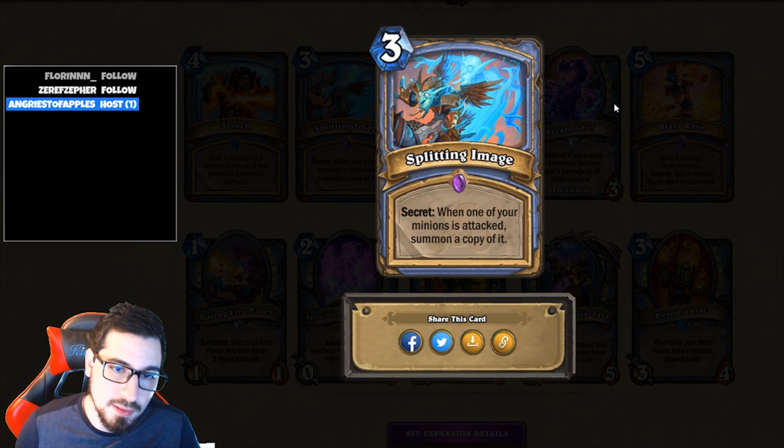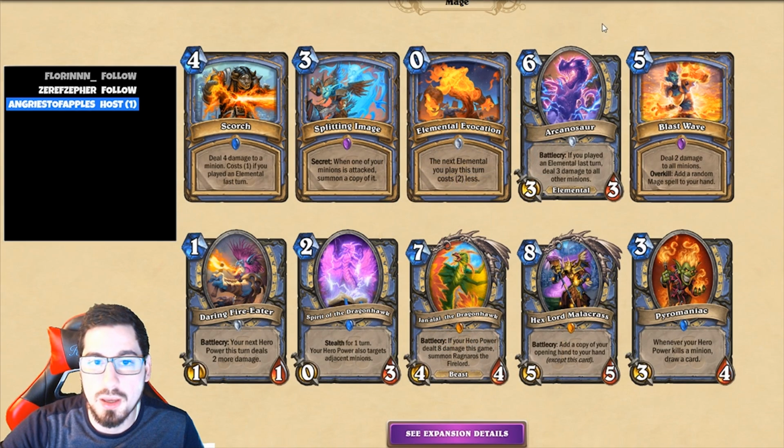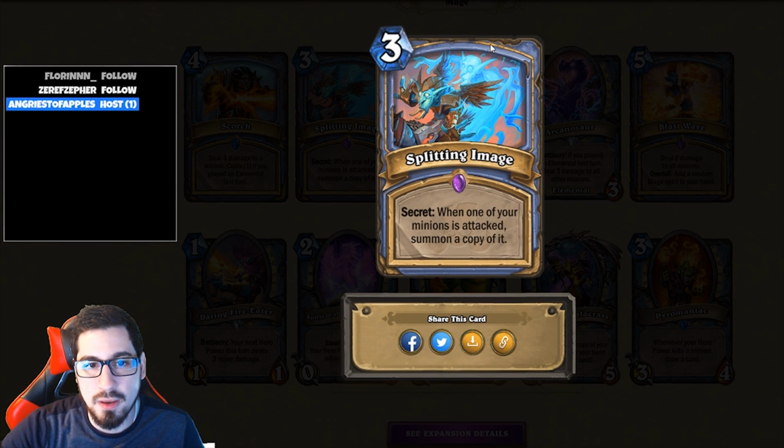So it's pretty good. It's obviously not good in a mage deck that runs smaller minions, but if you're running more of a control style big mage deck, this is pretty solid. Granted, if they use spells to kill it, it doesn't really do anything, but